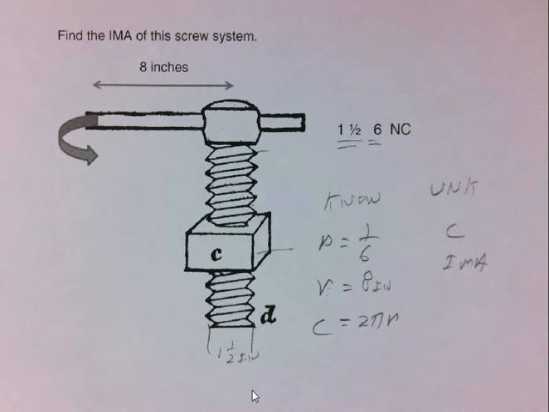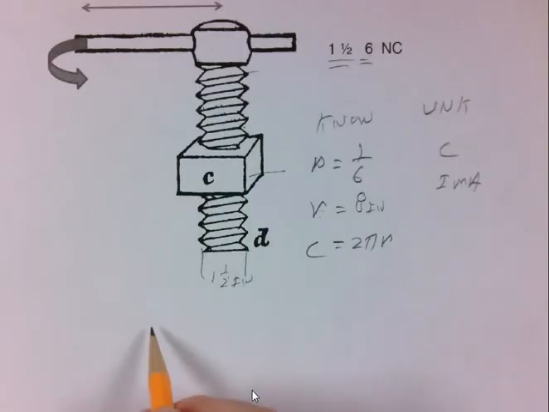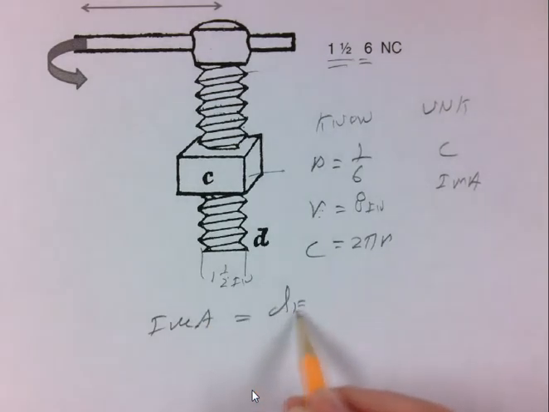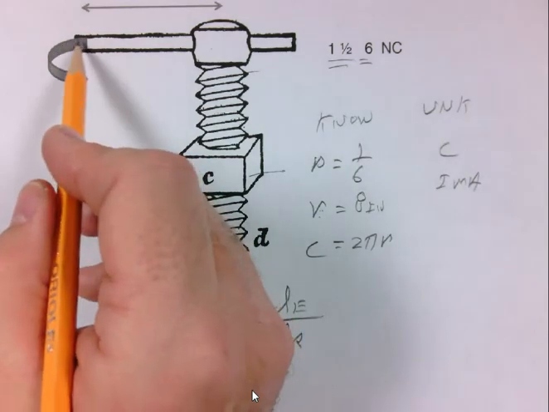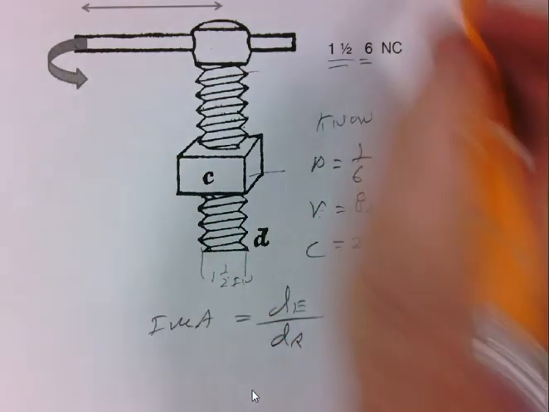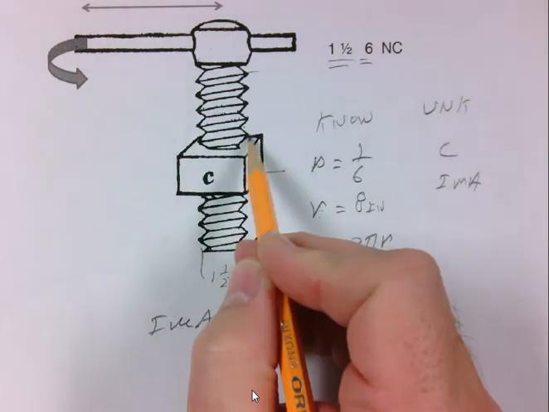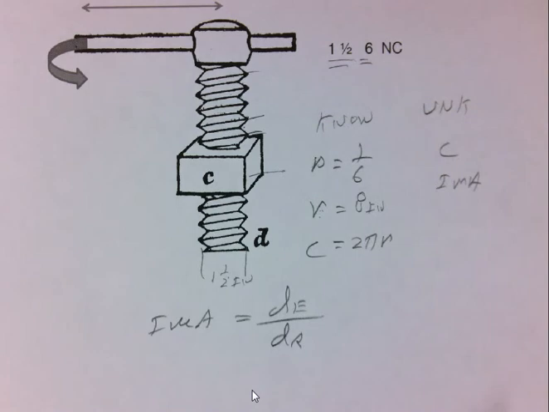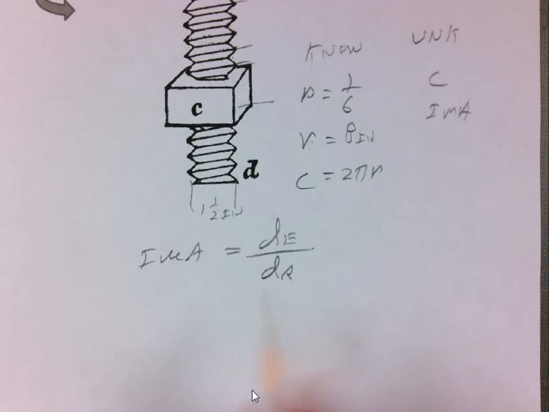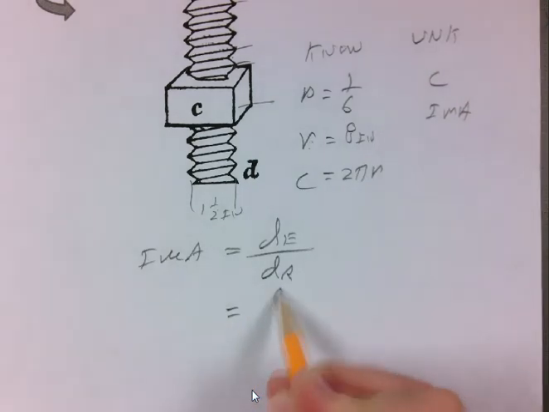Okay. So on all these problems, we know that the IMA equals dE over dr, but let's make sure we understand what the dE and the dr mean here. The first one, the dE, is the effort distance. It's the effort to turn this handle all the way around for 1 revolution. When that turns 1 revolution, this thread rises 1 pitch worth out of the block there. So the formula here is probably better written as C over pitch,